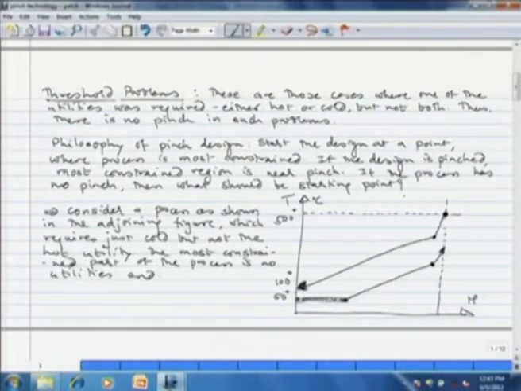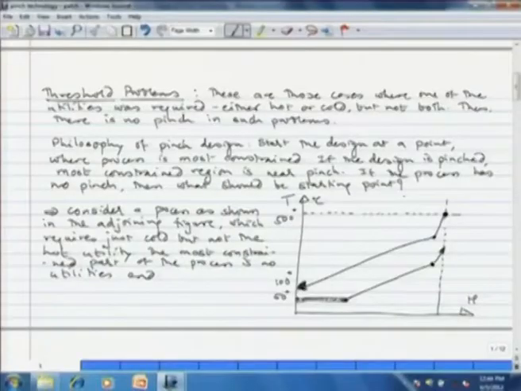Now let us see some special cases, and these are the threshold problems. We have already seen threshold problems in a previous lecture. Threshold problems are those problems in which the temperature or the enthalpy is matched at one end of the problem. That means you do not require either hot utility or cold utility. Like the one which you see on the screen now, which requires no hot utility, which means all required temperatures of cold streams are met with heat absorption from hot streams.